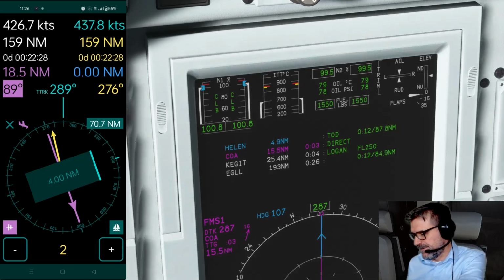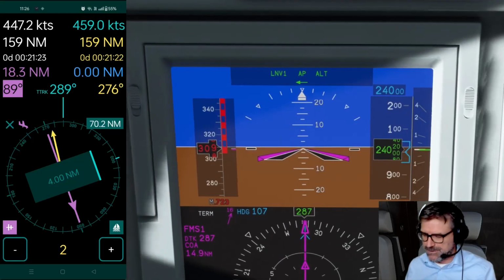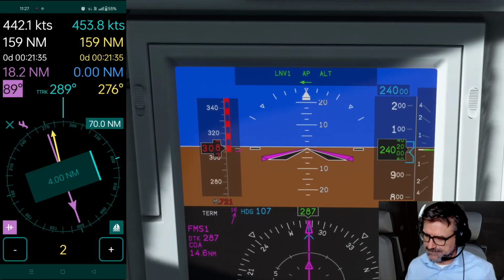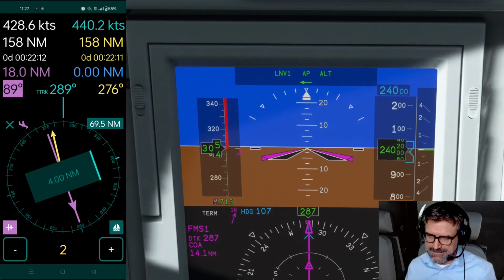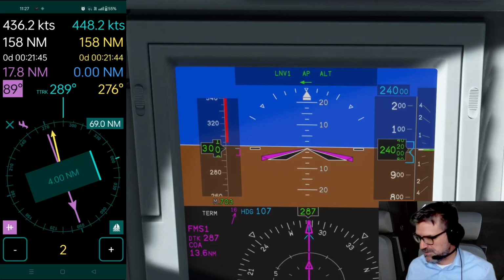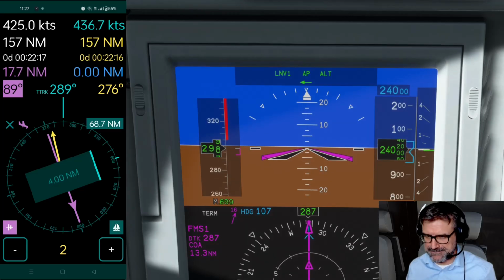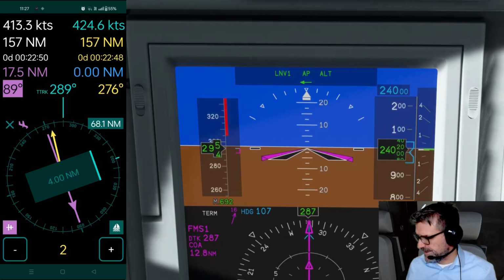Oh, there is our overspeed. Sorry, that's with all the talking. The Cessna Citation doesn't have an auto throttle, so normally you should be watching it all the time. Okay, so what was I saying? If you